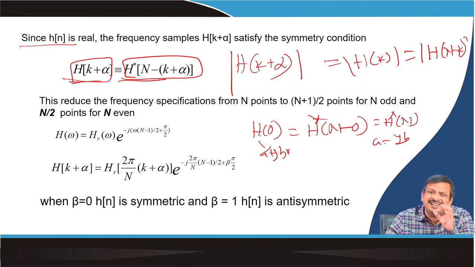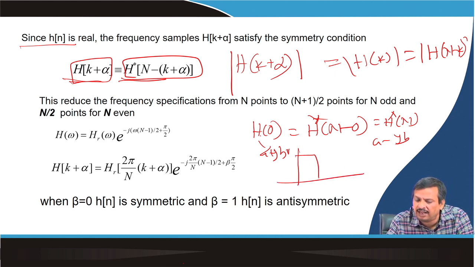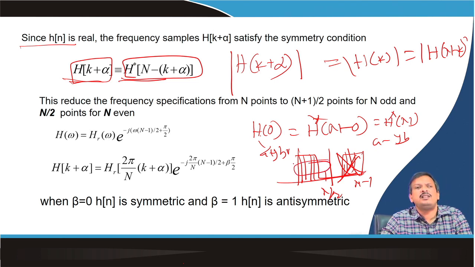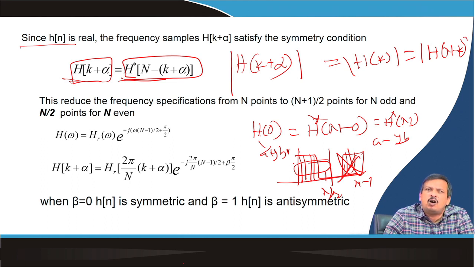Okay. Since the amplitude response, or the magnitude response, is symmetric, when you do the frequency sampling, instead of taking the entire filter and N minus 1 samples, I can take only N by 2, which is sufficient. This portion I do not require. So, when I do the inverse DFT, I can simply take the N by 2 points. N may be odd or even. In case of N even I can take N by 2, and in case of N odd, N plus 1 by 2 points are sufficient.